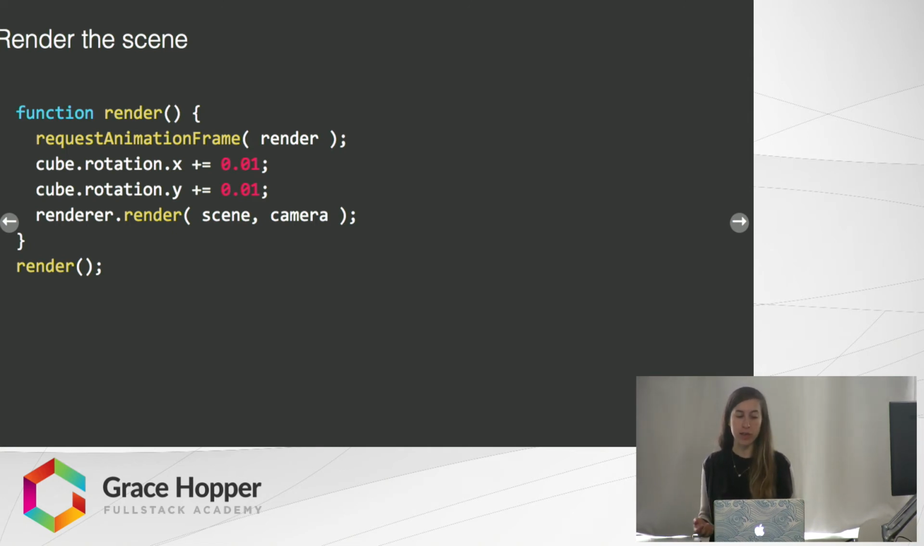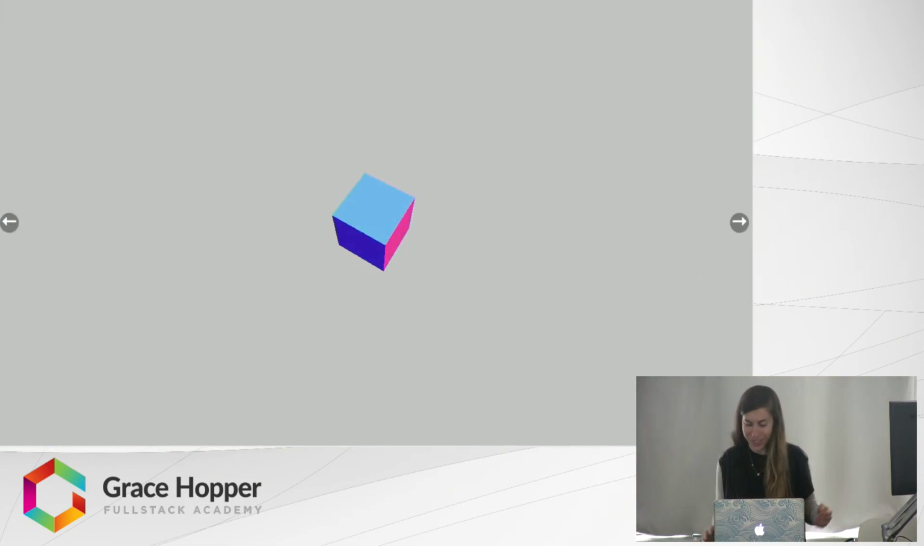So we're going to call request animation frame. And as you see here, we're going to make the cube rotate. And we call render.render. So this is our cube. As you can see, it's very simple, but we can already see some of the